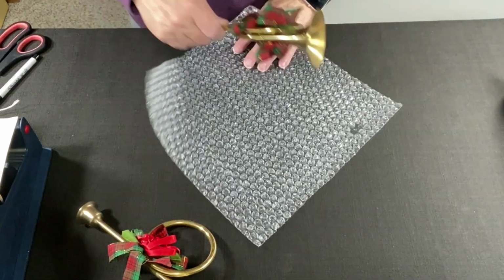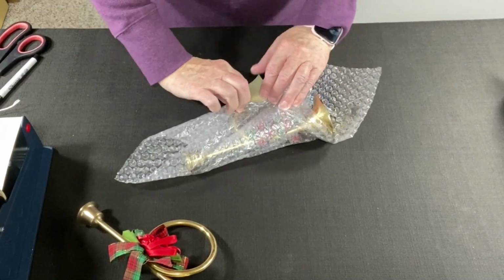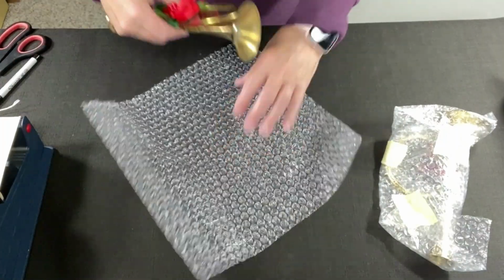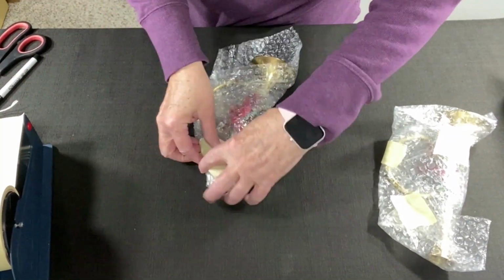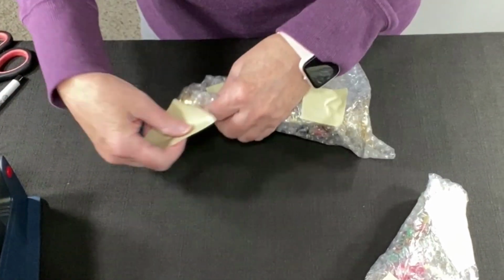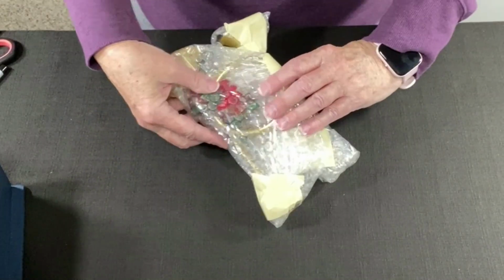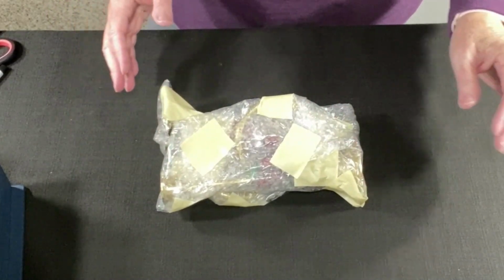I'm going to just put some small bubble for now, because I don't want to get too big on the box, because then it'll take a lot of packing material to fill it up. So trying to stay a little bit tight on the packing. I couldn't do that if they were glass. Adding a little more tape here to conform to the shape. Okay, now if I do this and reverse them, I can get them in a fairly small box, but my